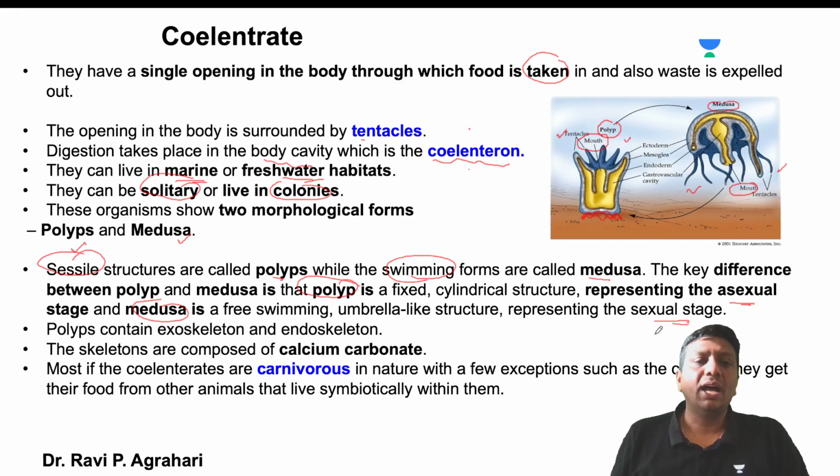The polyps contain the outer exoskeleton and endoskeleton. It is also identified that they are available in the water bodies. So outside is a hardy material that is made up of calcium carbonate. These coelenterate members are carnivores. Carnivores means they are taking the dead organisms as food, guys. And definitely, guys, in this case some coral formations we will see in the coelenterate members.